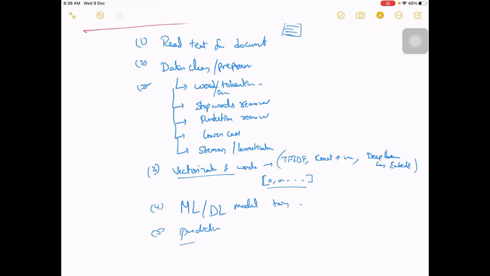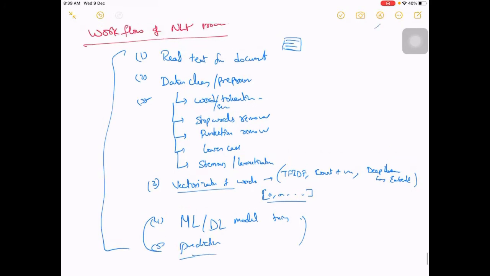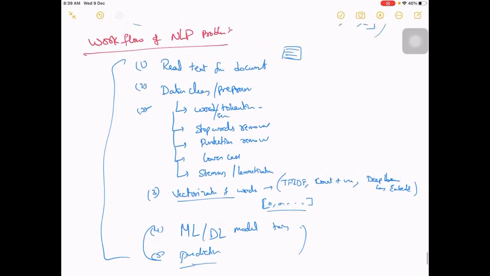So this will be the workflow in any NLP task. Okay, so this is where you have to define your problem, what set of problem, keeping in mind the training and test data, and what will be the training input and what will be the training output. All those you have to define according to the problem, and then finally the predictions, right? So this is how the workflow will be in case of any NLP problem.